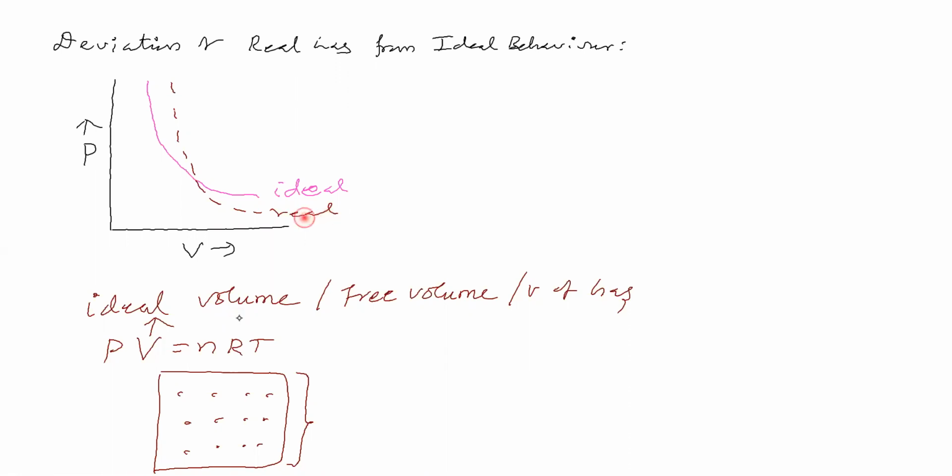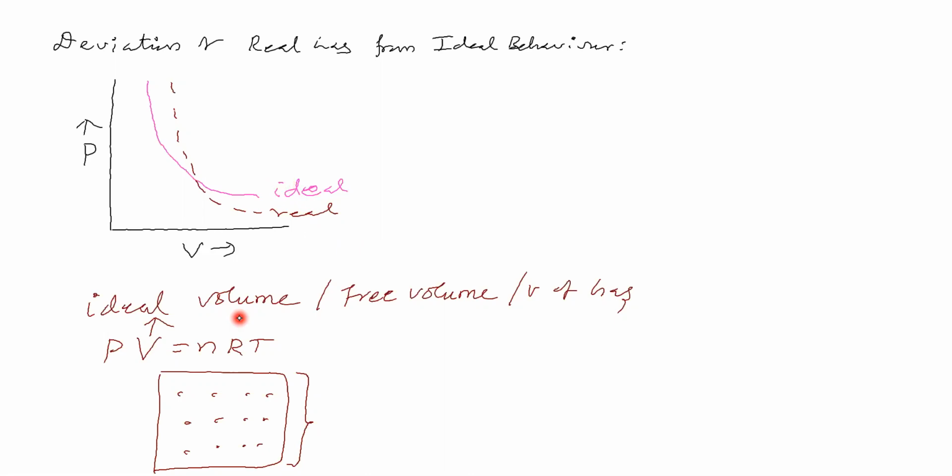So the real gas behavior is varying from the ideal gas behavior. Ideal gas behavior in the sense, how are the points there. See, in ideal gas there is no interaction. In real gas, if you see, interaction is there. Ideal gas means no interaction. Real gas means interaction is there. So shall we say ideal gas means there is no attraction between gas molecules? Real gas means attraction between gas molecules is possible.